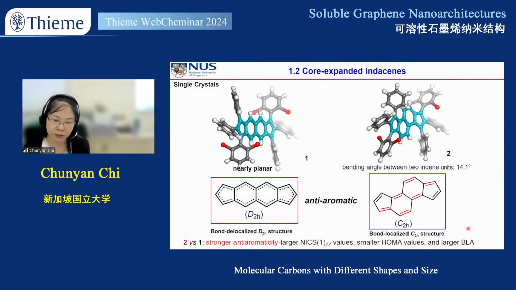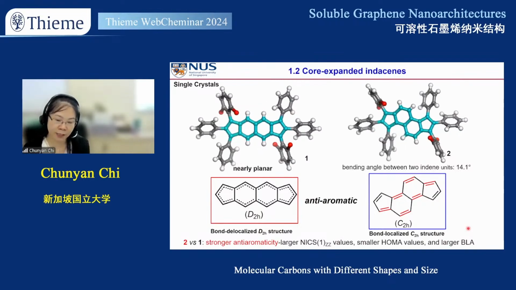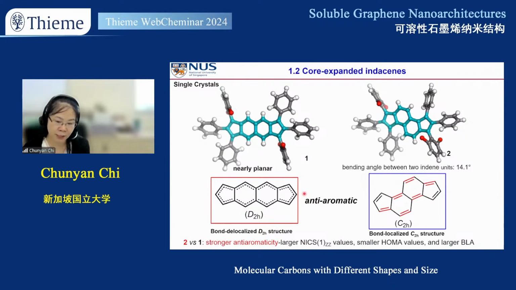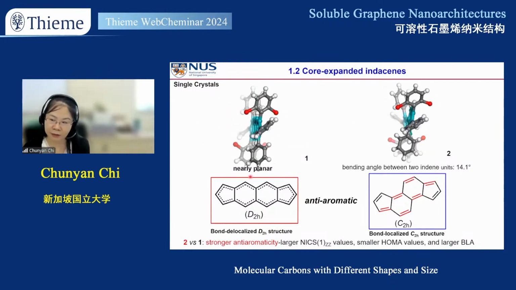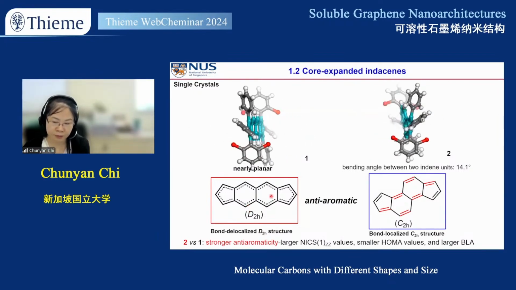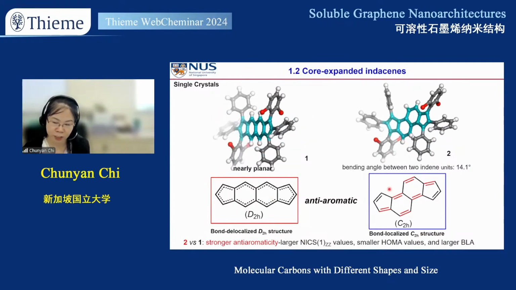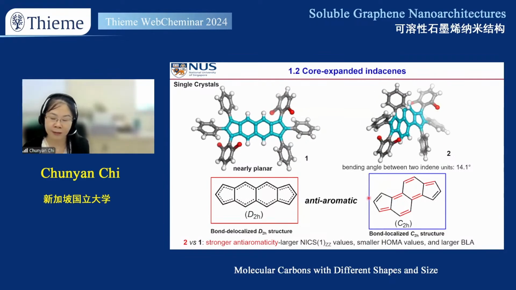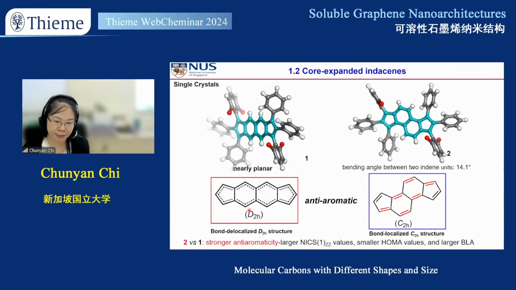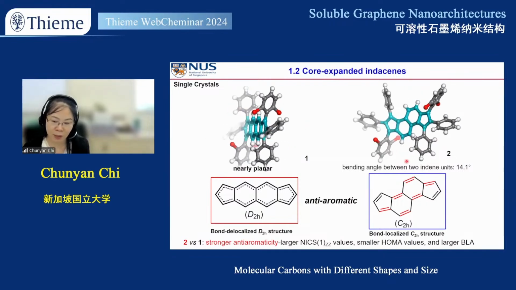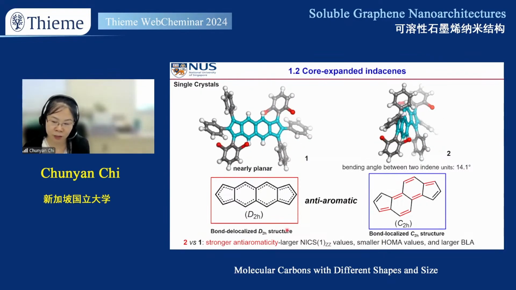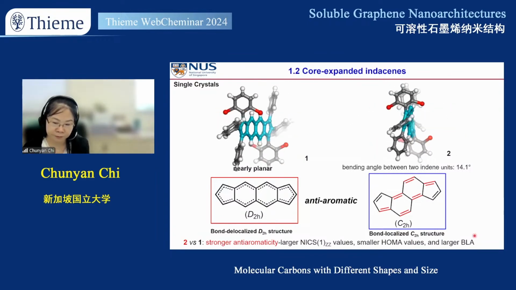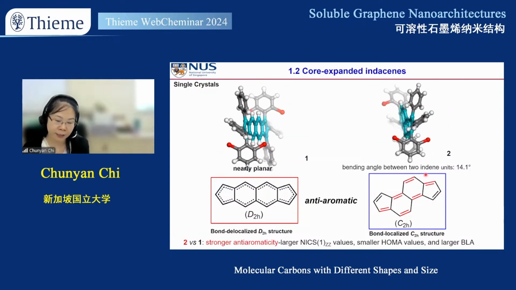The crystal structure of molecule 1, based on X-ray analysis, has a bond delocalized D2h structure, and molecule 2 has a bond localized C2h structure. Compared to molecule 1, molecule 2 has larger ICS values, smaller HOMA values in each ring, and also larger bond length alternation along the periphery. So molecule 2 actually is more